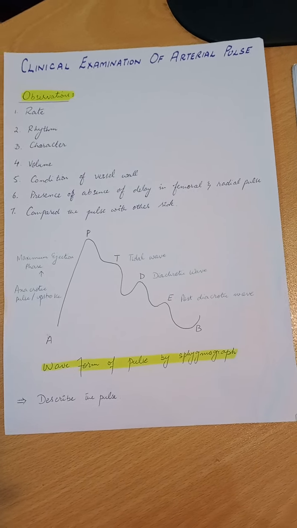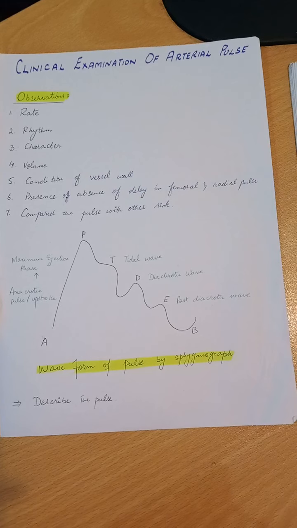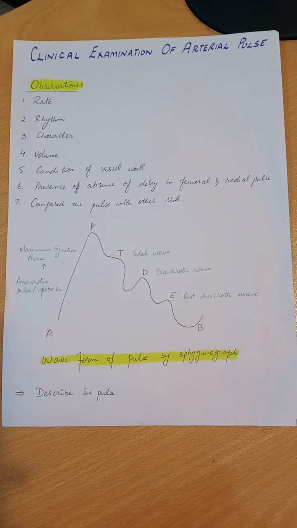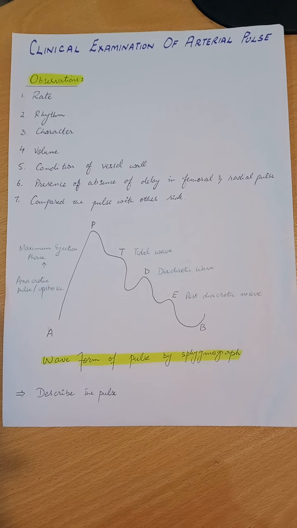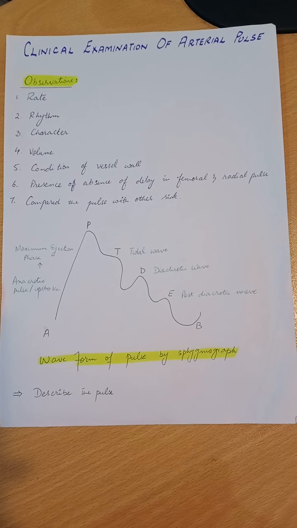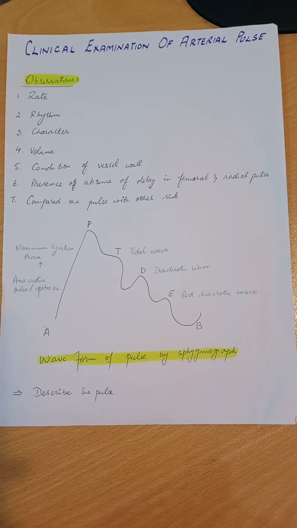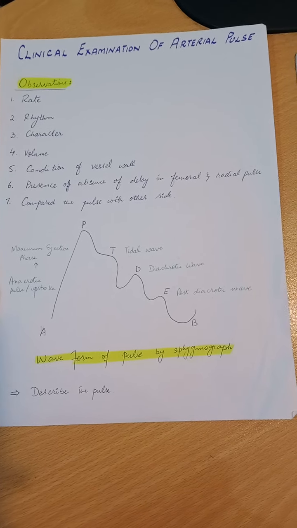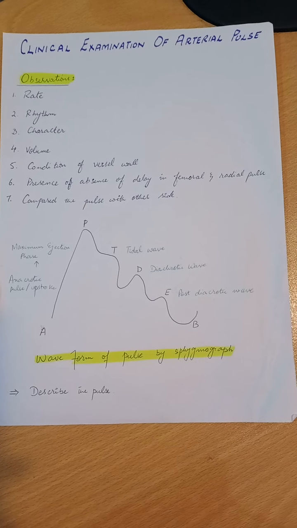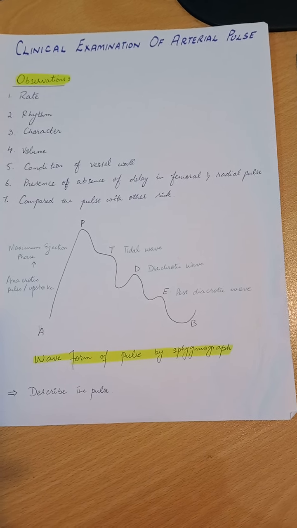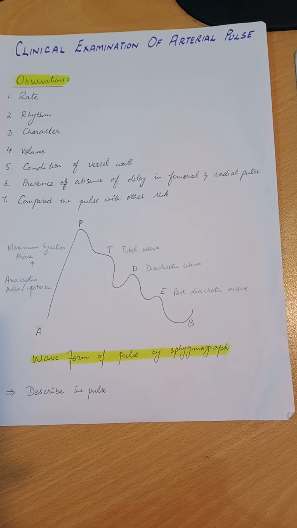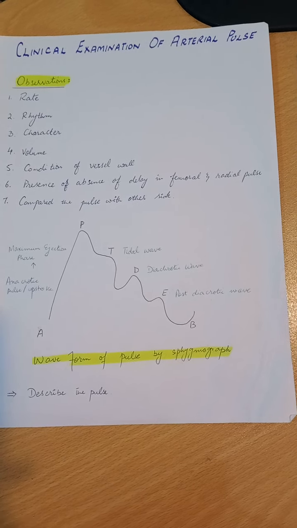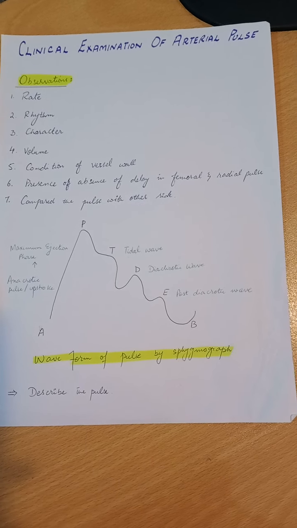Okay, so if we talk about rate, the rate of the pulse is expressed in terms of beats per minute. If you note the pulse of the patient for a whole minute, you would say that the pulse was 72 per minute or whatever the range is. These beats are counted for a full 1 minute. The rate of the pulse is normally increased in case of exercise, anxiety, or hyperthyroidism, and the rate is reduced in case of hypothyroidism.